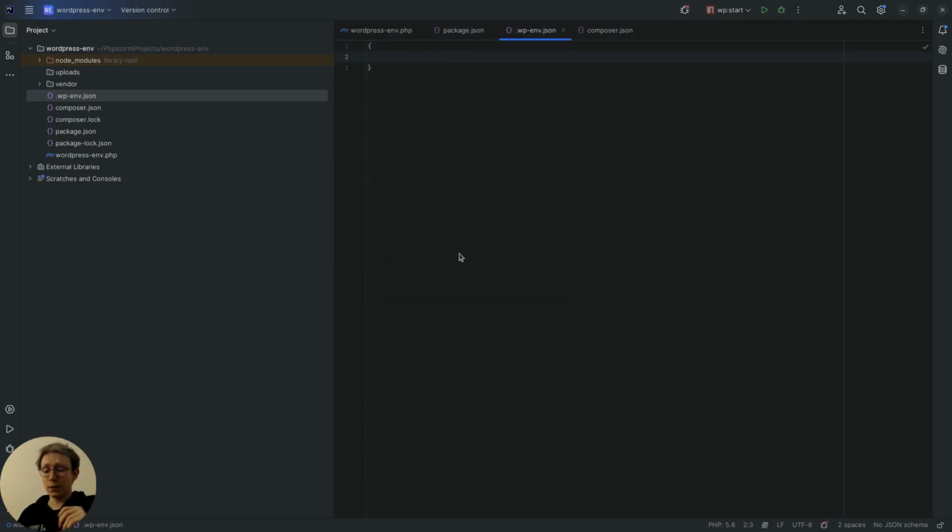Inside, we open a JSON. Actually, we can put a lot of configuration inside that. For example, if we use core, we can pick the version we want of WordPress. If we put PHP, we can select our PHP version, etc. The thing we want here is mapping. So we're just going to create a key mapping,